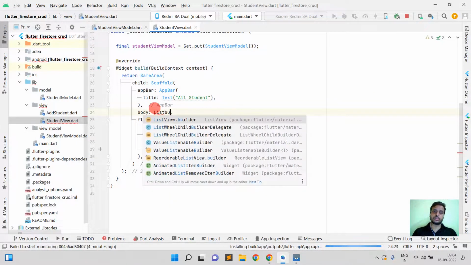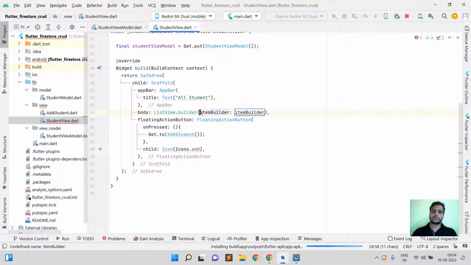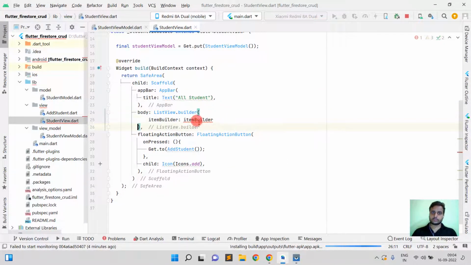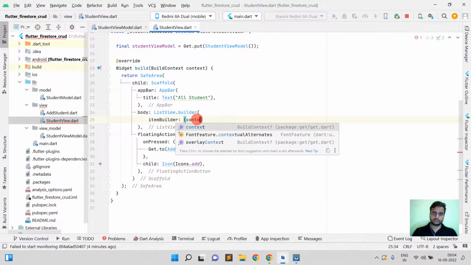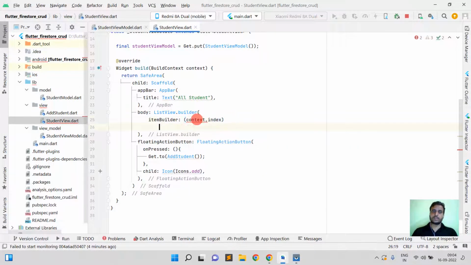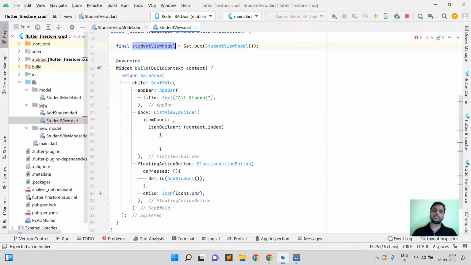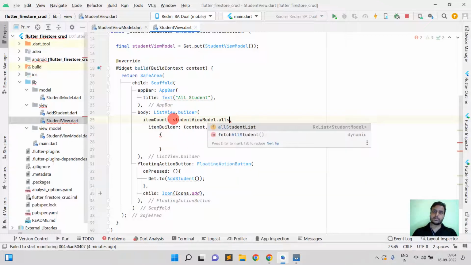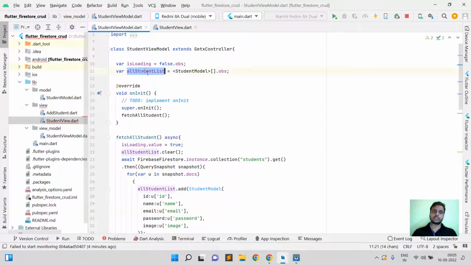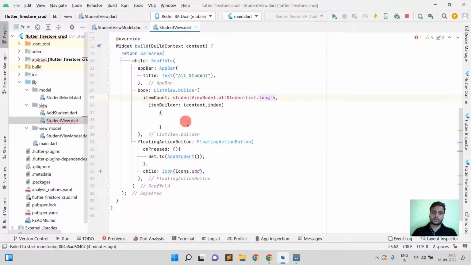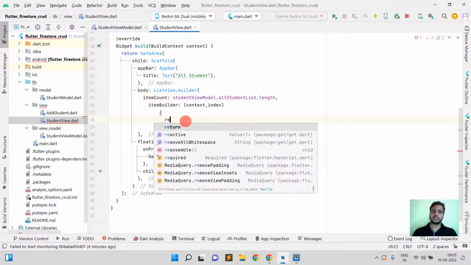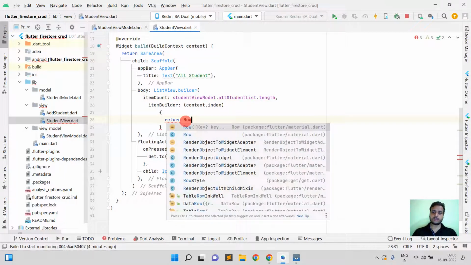and now I am going to use list view builder here. Here pass context and index. Inside item count we will use student view model dot all student list dot length, okay, this all student list, okay. Now I'm going to return our widget. So here